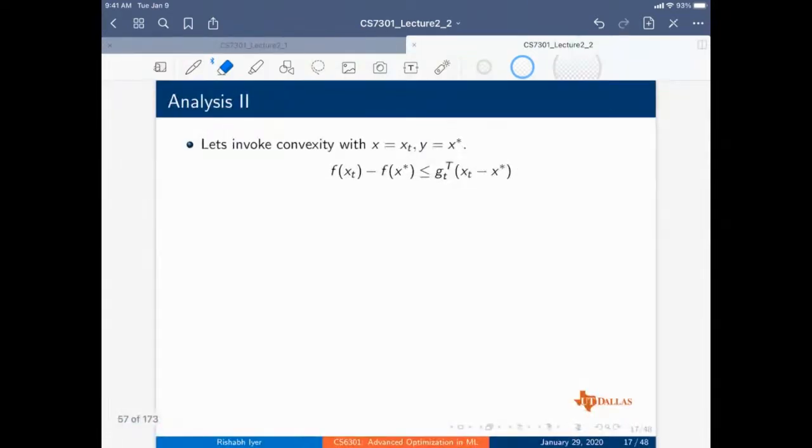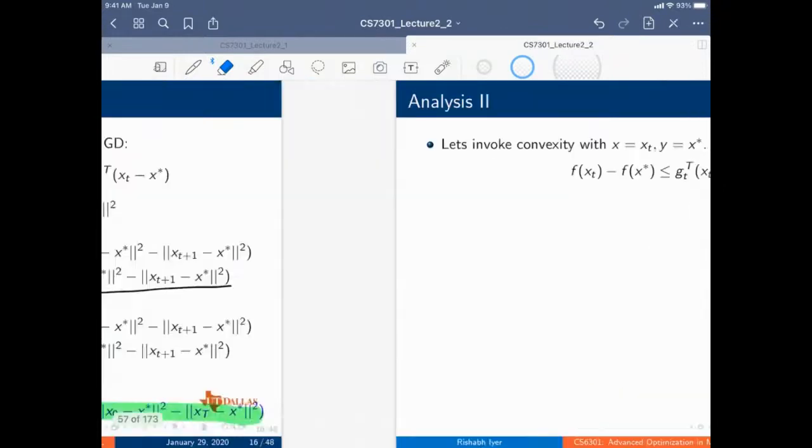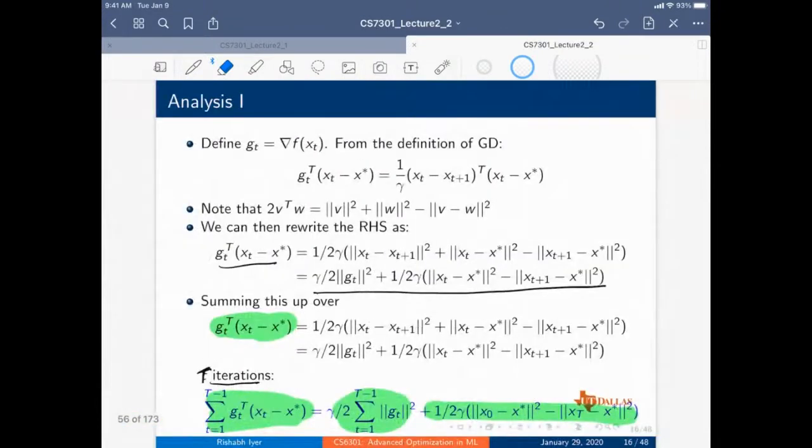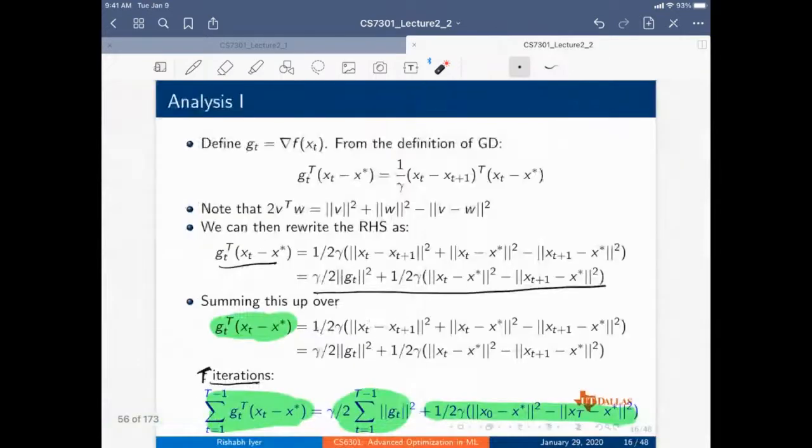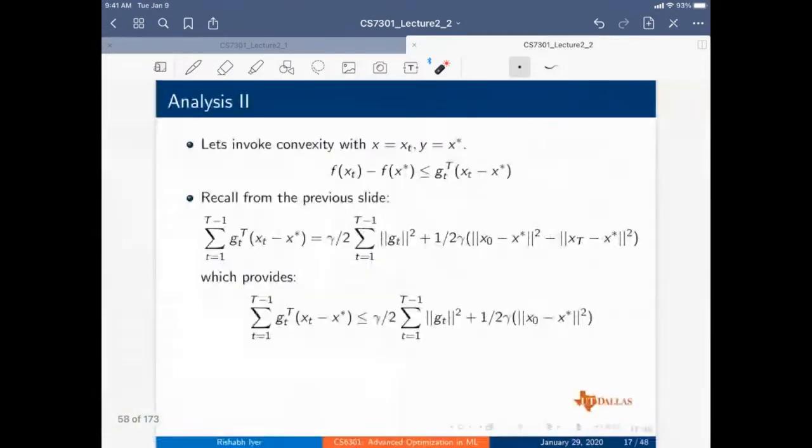Okay. Now what we do is we invoke convexity. So here I have this gt transpose (xt minus x star), right? This is very reminiscent of the first order convexity upper bound. So we have that f of xt minus f of x star is less than or equal to this expression, right? So what this means is that I have this from the previous slide, which is gt transpose (xt minus x star) is equal to this, right? And now combining with this